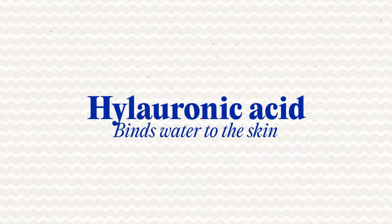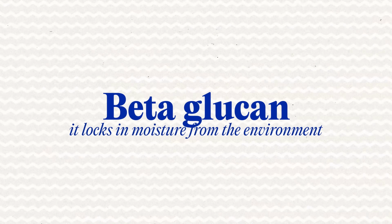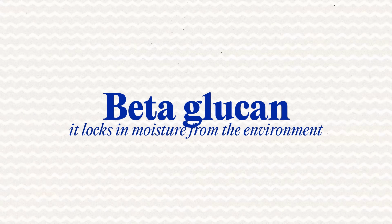Number one is hyaluronic acid. This binds water to the skin. Not only does it make skin look more plump, but it also protects against damaging environmental influences and promotes cell renewal. Next is beta-glucan, which is my new favourite skincare ingredient because, like hyaluronic acid, it's also a humectant, so